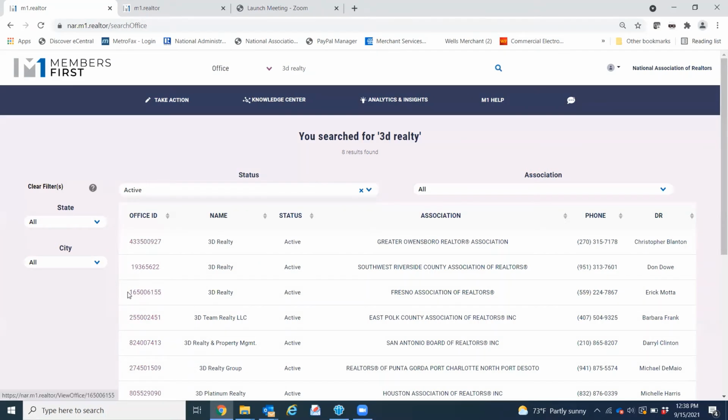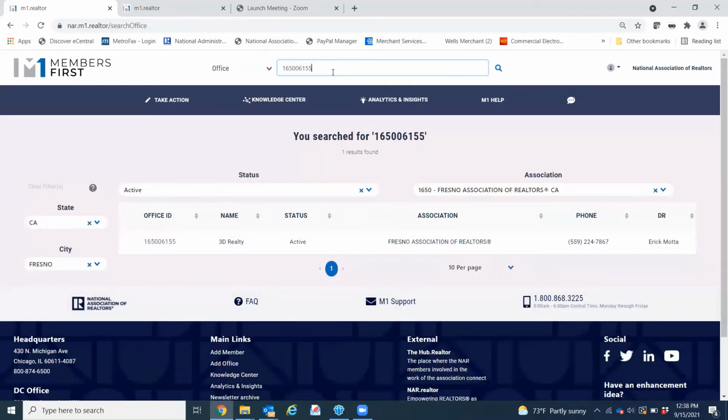Now, another way to search for an office, and I'm going to cheat here, I'm going to grab this office ID, especially if you're the POE and you know the office ID of the one you're looking for, just simply put the office ID in and search on that, and that will bring that one office right up for you. Now, this search is very helpful. I use this a lot because